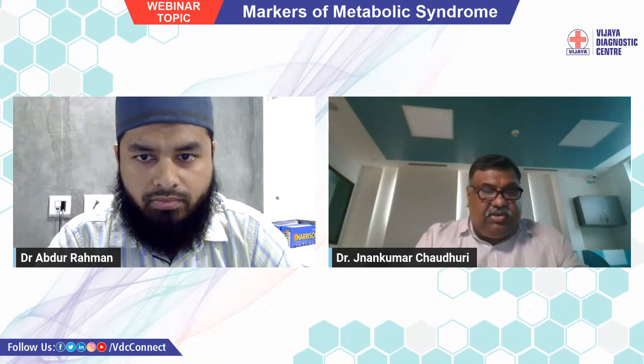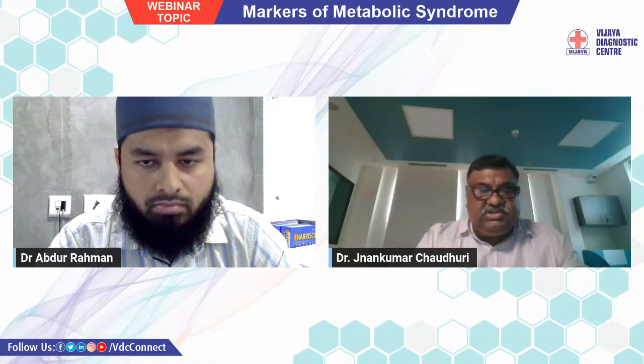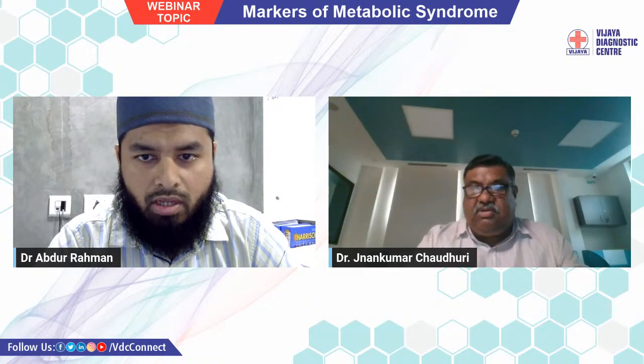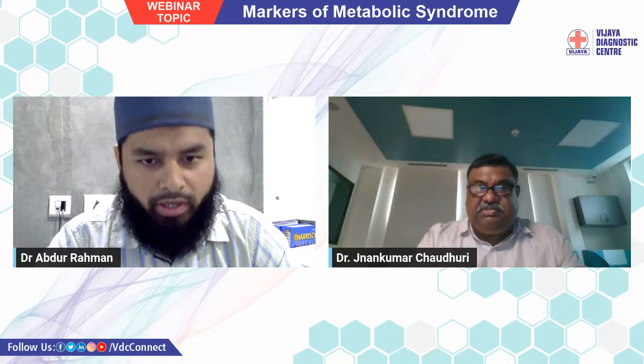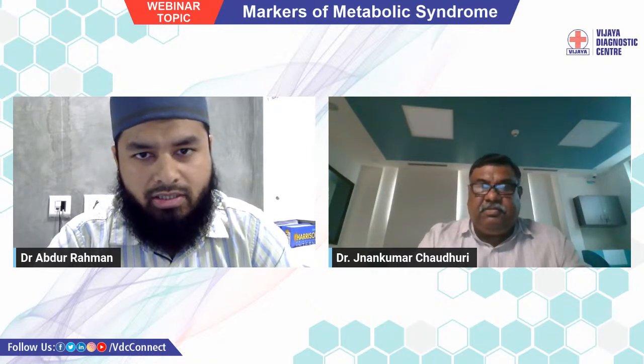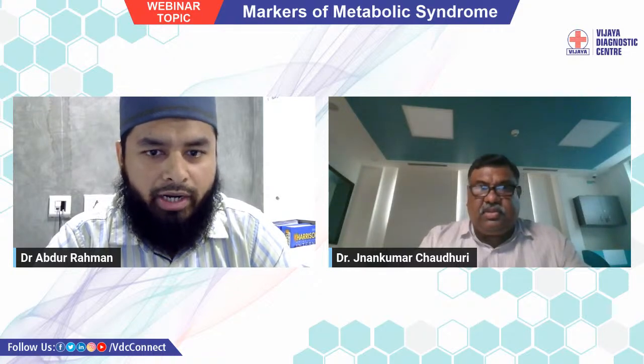Also related to this HOMA-IR index, another question: please clarify the biological reference interval of HOMA-IR with significance. So the biological reference that I gave in the slide is the international reference, that is 1, 1.9 and 2.9. If it is less than 1, it is okay, no problem at all.